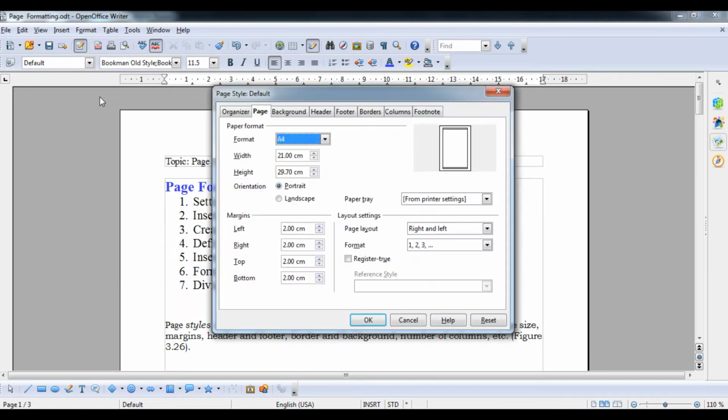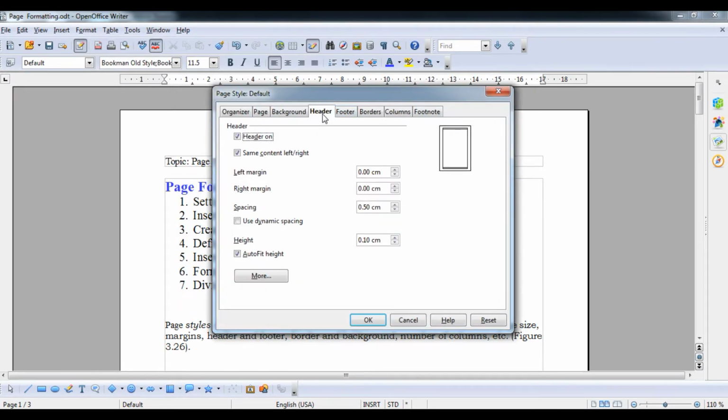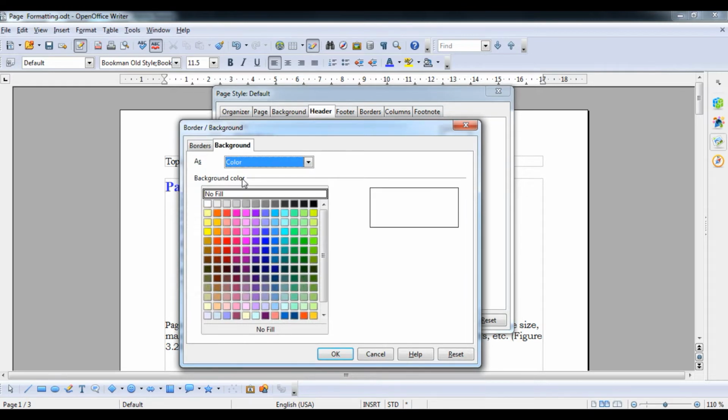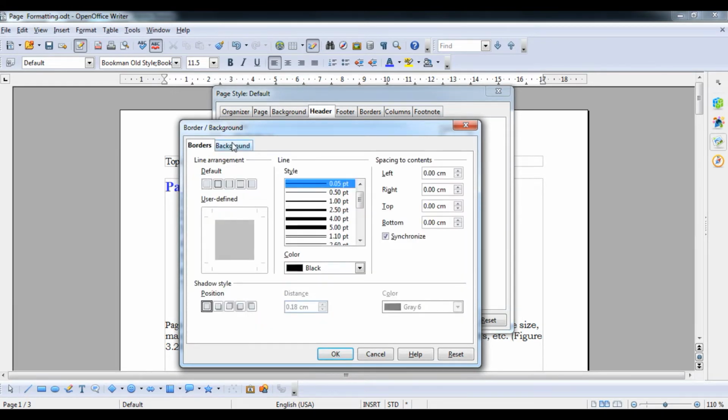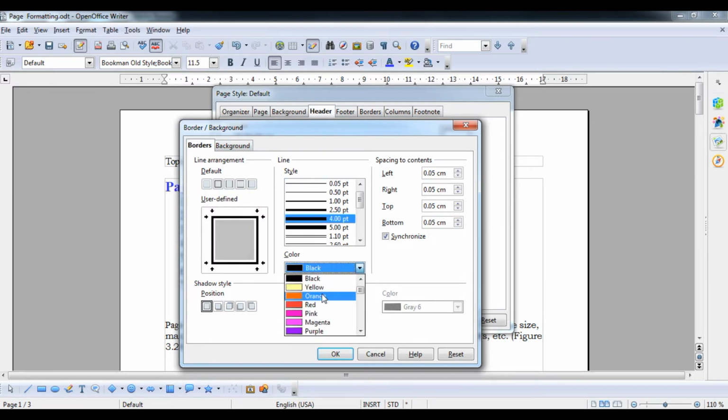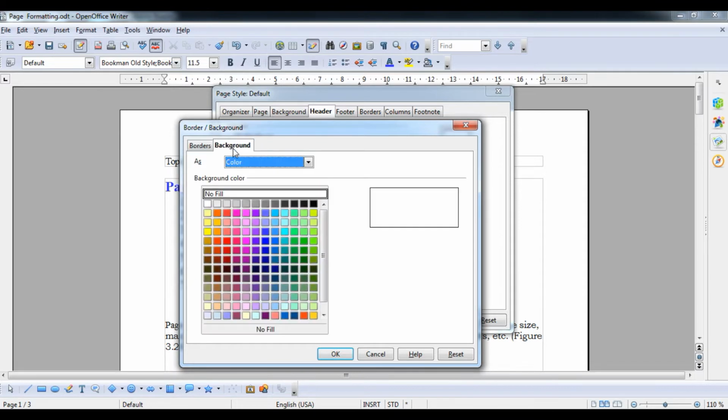You can go to the format option and then go to the page option. Inside the page option there will be the header and footer part also. Here we see the header is on, which means we have applied the header, with the same content left or right. Okay, now we can set auto for this one also. You can see this particular More option button is also here, so we can provide a border also if required. Suppose I say the border looks like this and the color of the border is orange.